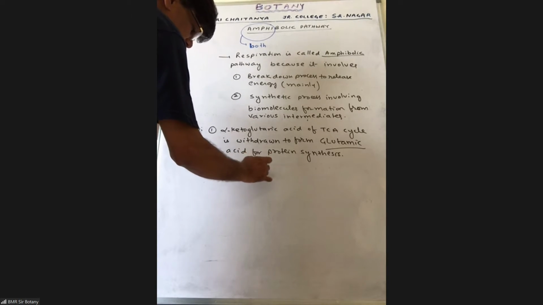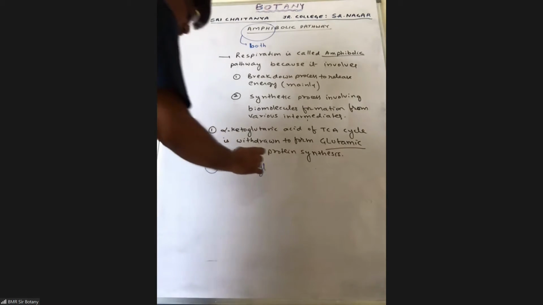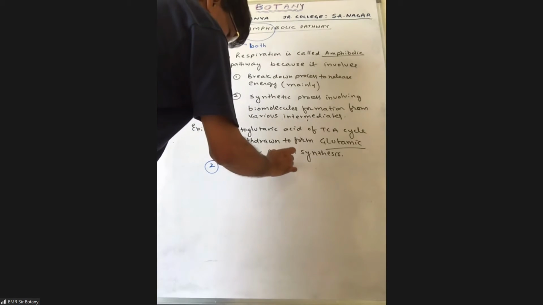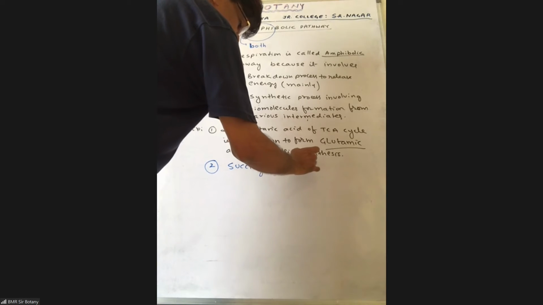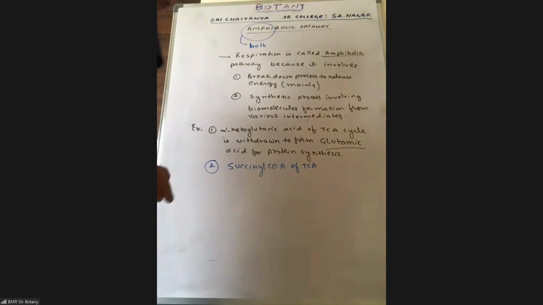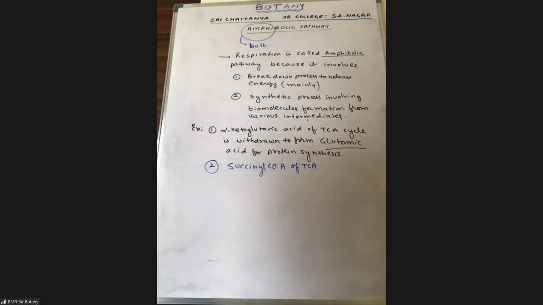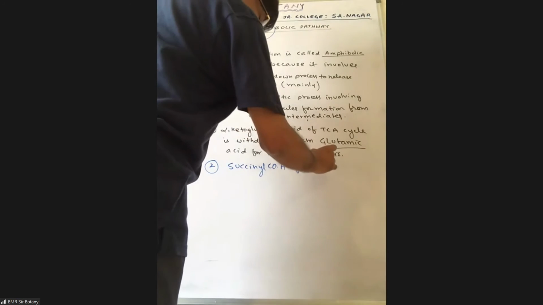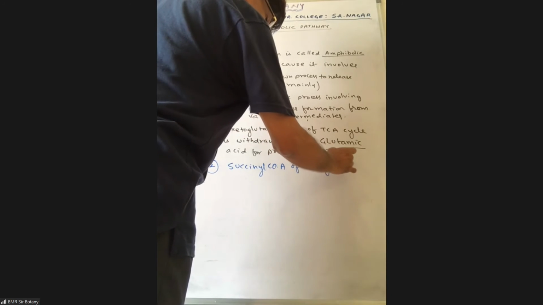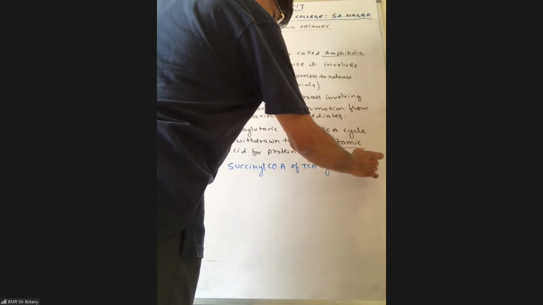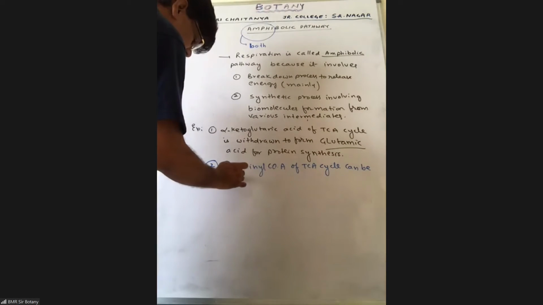Similarly, succinyl-CoA was an intermediate of which step of respiration? Again of the TCA cycle, formed during oxidation of alpha ketoglutaric acid into succinyl-CoA. So succinyl-CoA of the TCA cycle can be withdrawn